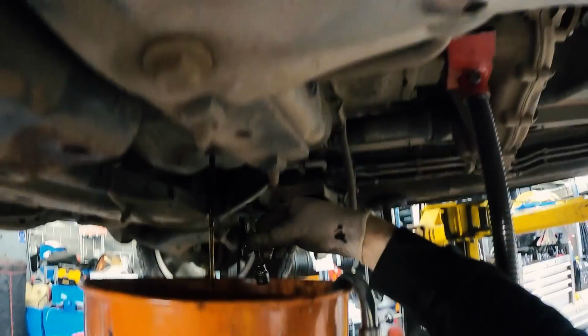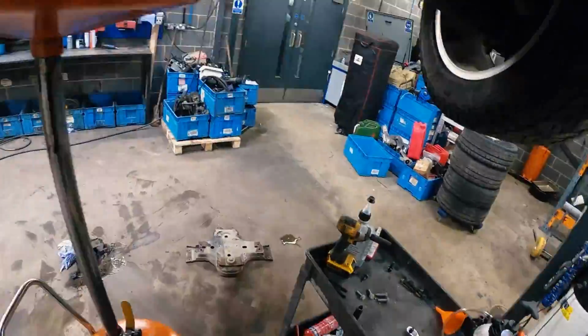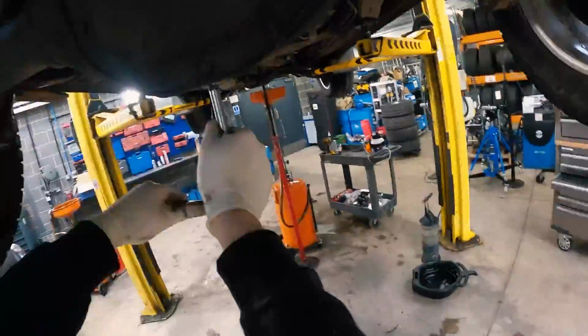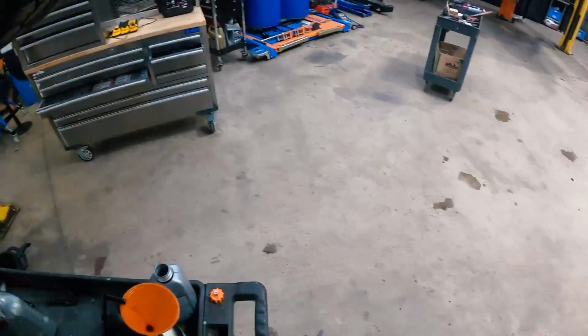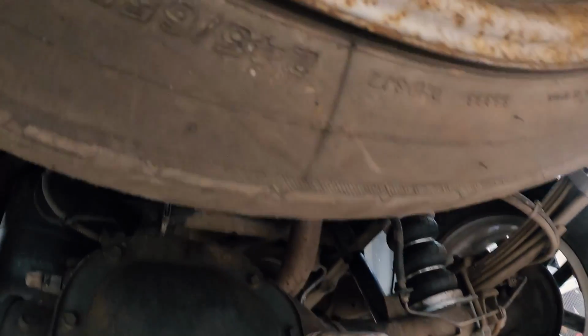Ooh, watery. So that's not ideal. Two of them. There's absolutely nothing in that, nothing in that, nothing left in that. Didn't quite